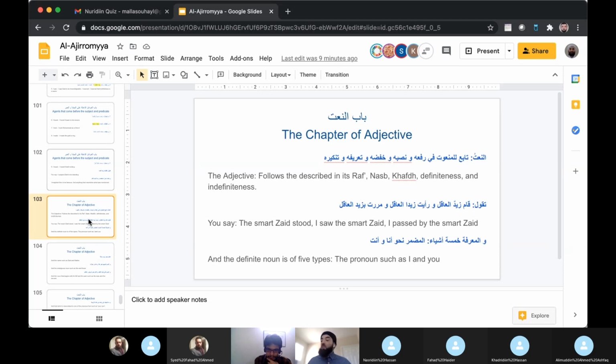So going back to the translation, النعت تابع للمنعوت في رفعه ونصبه وخفضه وتعريفه وتنكيره. The author says the adjective follows the described, that which this adjective is describing. The adjective follows the described in its rafa, nasab, khafd, definiteness and indefiniteness, right? For example, and then the author gives us an example. He says,